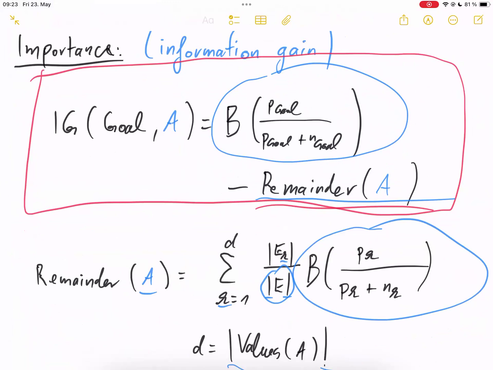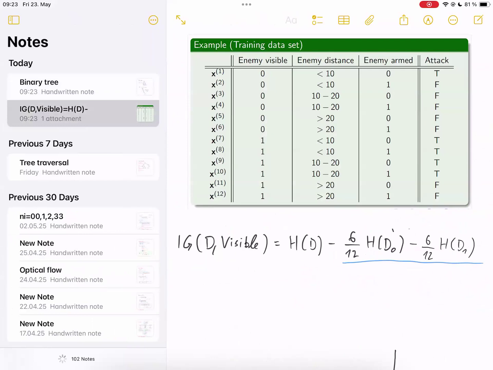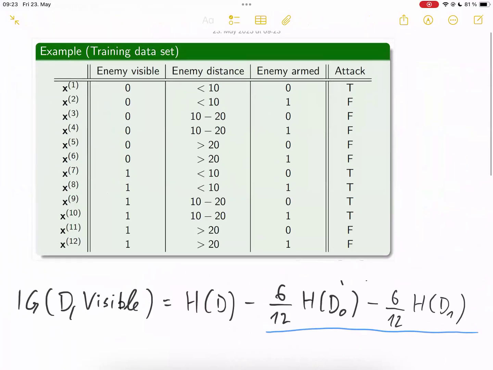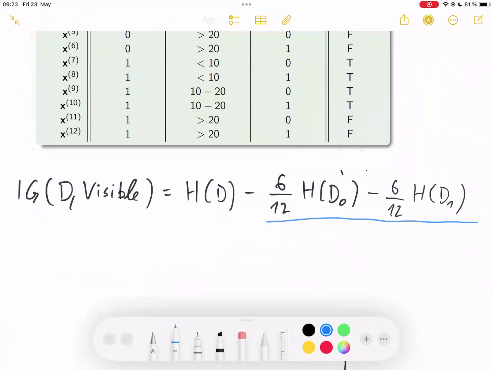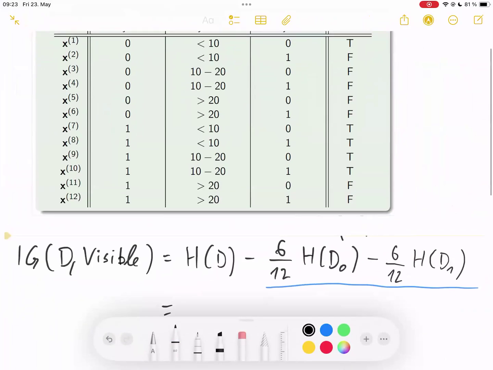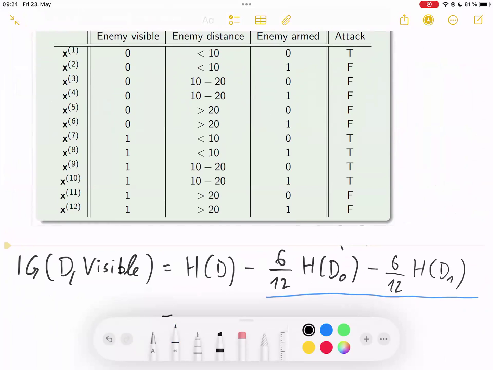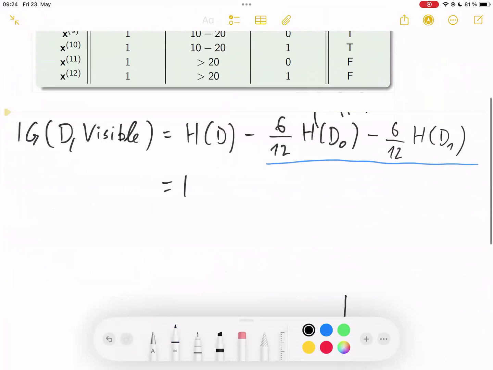And in the remainder, I'm going through the distinct values in my attribute, which are here just 0 and 1. And I have these subsets and the entropies of the subset. It's actually fairly simple. Now, the entropy of D, we have 5 positive ones and 7 negative ones. So we say it's h of 5 divided by 12 minus this here and this. And now I need to know